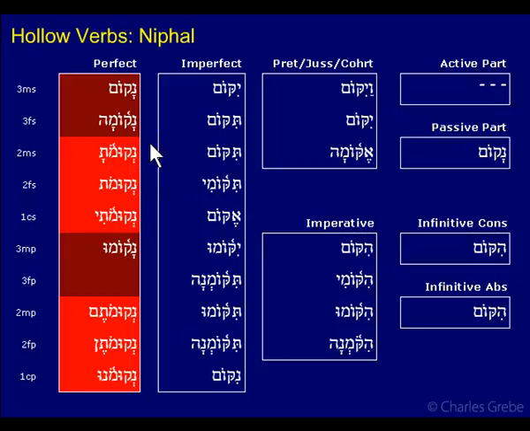Okay, so quite a lot of change here. Now, if you're going to memorize principal parts for these weak verbs, which is what I suggested in my strategy on how to learn Hebrew verbs, when you get to this form here, and we'll see that there's some other forms that have this as well, you may want to write down the 2ms form. Normally principal parts are just the first form, right, for each of these paradigms. So you'd write nakom down and then yakom or whatever. Somewhere off to the side, maybe you want to put down this here, just because it is quite different. It's got 3 things that are different.